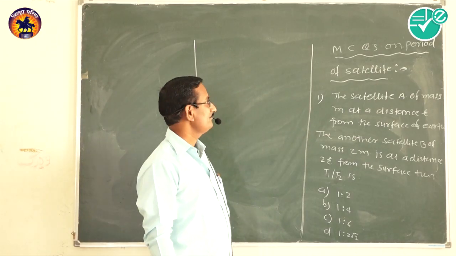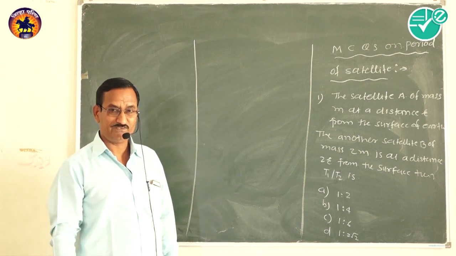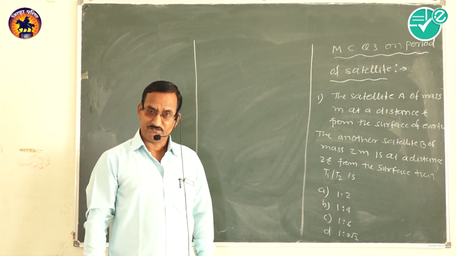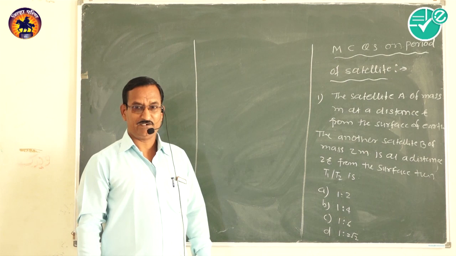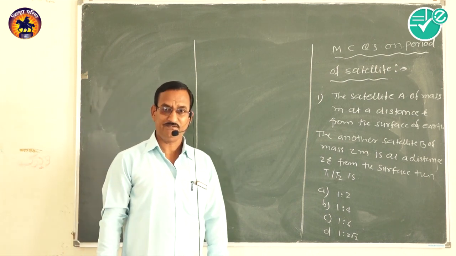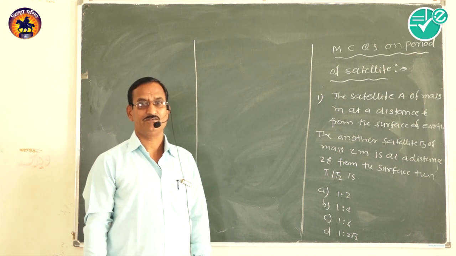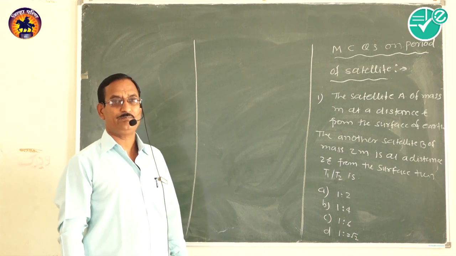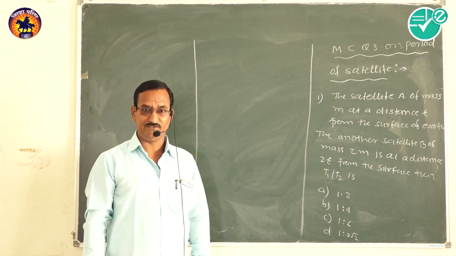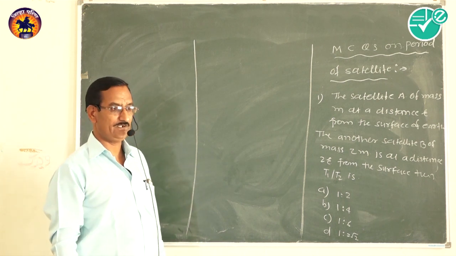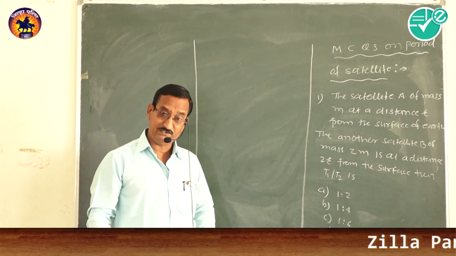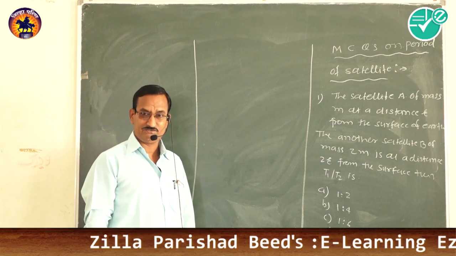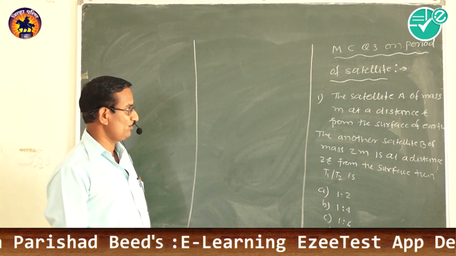In previous periods, we saw the period of a satellite on the surface of Earth, then the period of a satellite in terms of gravity, then the period of a satellite in terms of the density rho. Then we saw the period of a satellite at height h, in terms of gravity, and in terms of the density rho.